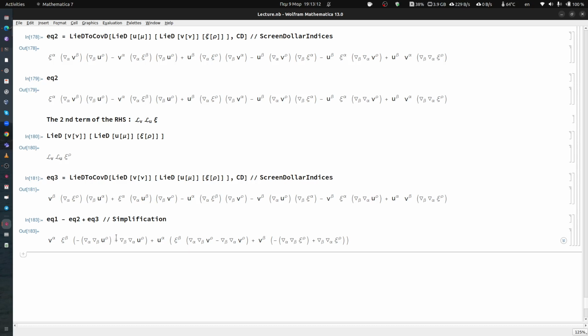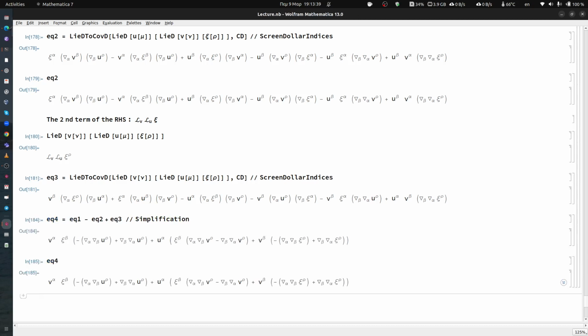So what we have to do is to tell xTensor to commute those derivatives so that this will be the same as this one. So what I will do is first save this into equation 4. So equation 4 is this, and then I will compute